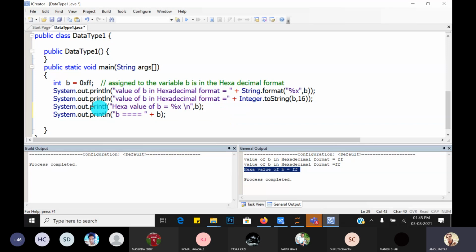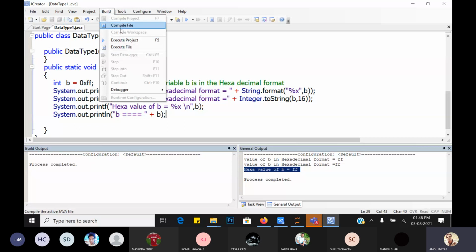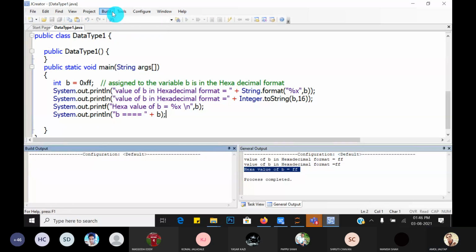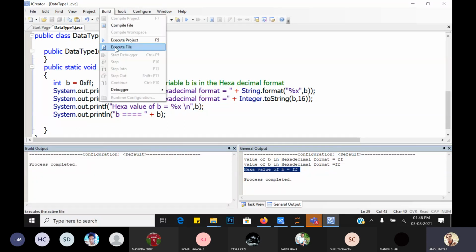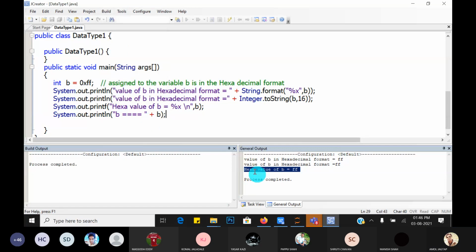This value of b, which is in the hexadecimal format, is displayed in the decimal one. Just compile, then its class file is created, then execute and check whether it works. Yes, its decimal value, that is 255, is displayed.